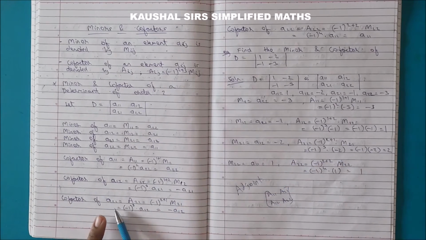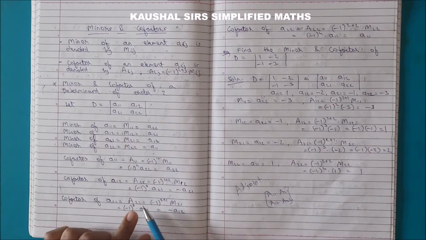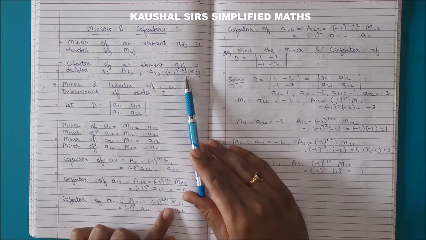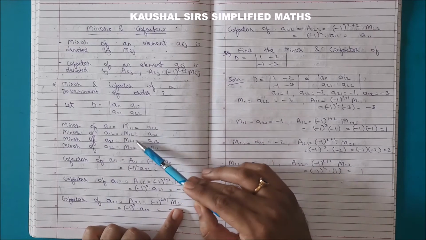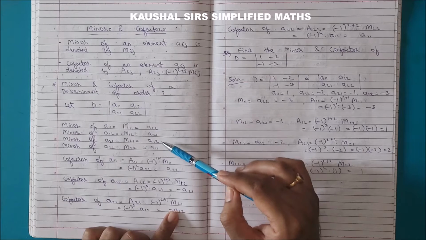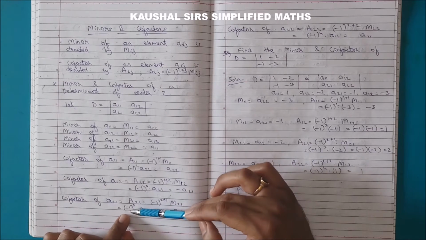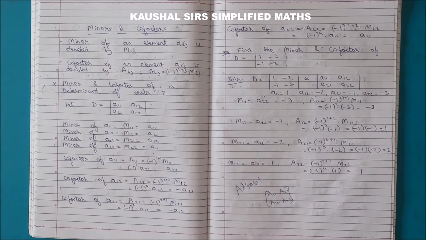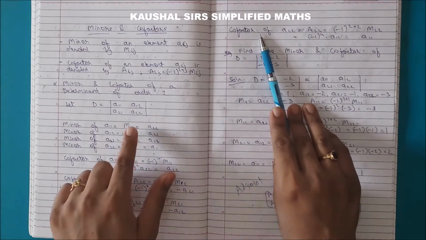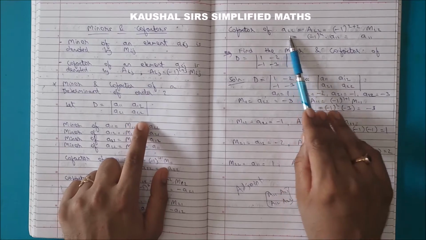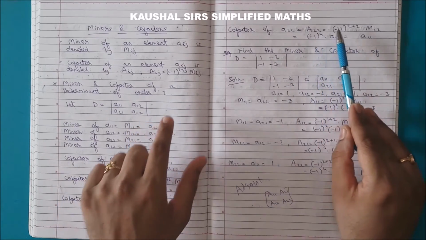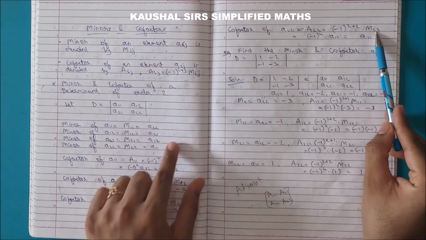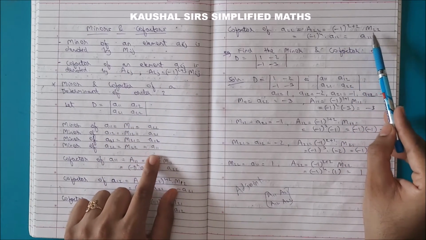Clear? Coming to the third element A21. The cofactor is capital A21 and we get minus 1 raised to 2 plus 1 into M21. Now for M21 we have already got A12. So we put the value over here. Once again negative 1 raised to an odd power is minus 1. So the answer is minus A12. Clear? Likewise the last element, cofactor of A22, denoted by capital A22. The formula is minus 1 raised to 2 plus 2 into M22. Now what was M22 students? A11. So put the value here.